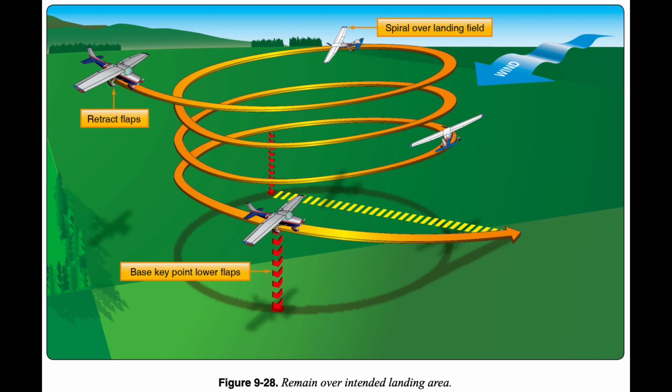If the simulated power failure occurs while above best glide speed, the pilot allows the airplane to slow, or may even bleed off speed by climbing, until reaching best glide speed. When reaching that speed, the nose can be lowered and the airplane trimmed to maintain that speed. If the failure occurs at or below best glide speed, the nose should be lowered immediately to maintain or accelerate to best glide speed. The pilot should ensure that the flaps and landing gear are in the proper configuration for